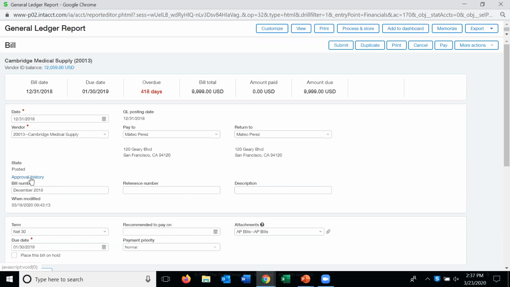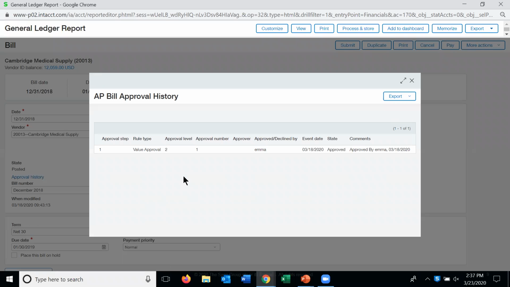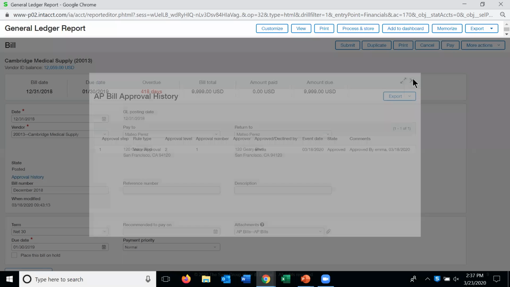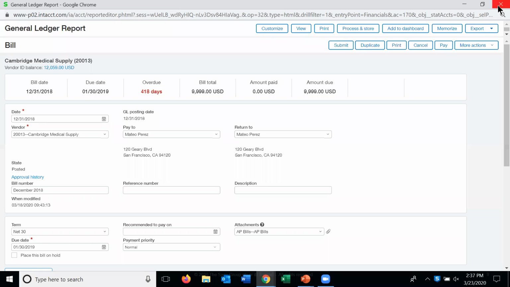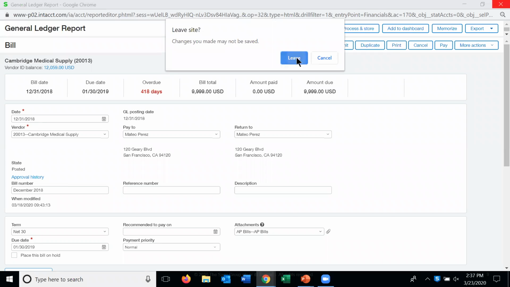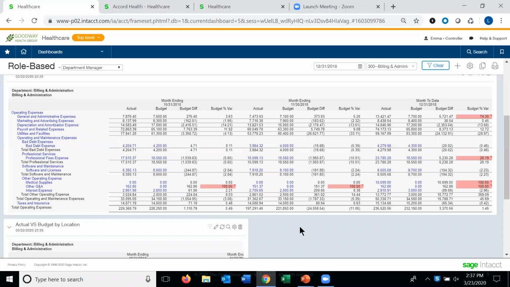This particular AP bill from Cambridge Medical was one that had to go through an approval process. So from here, I can drill into the approval history, and I can see that this was a transaction that was approved and when it was approved. So all of this information is right at my fingertips, and remember, I got to that from a report